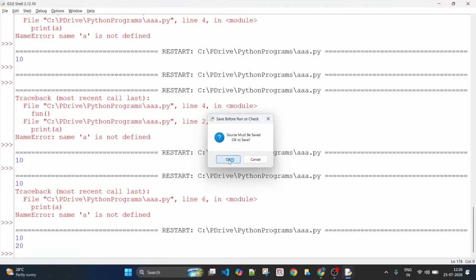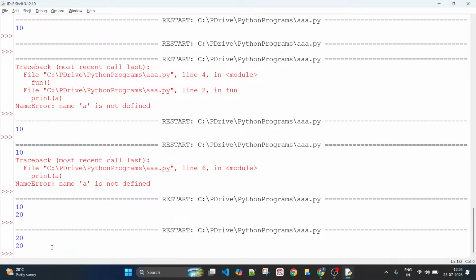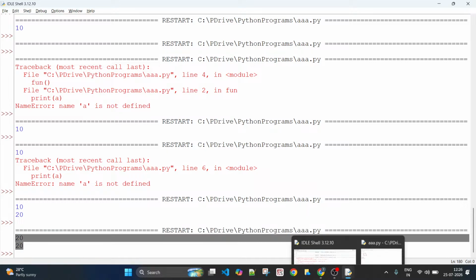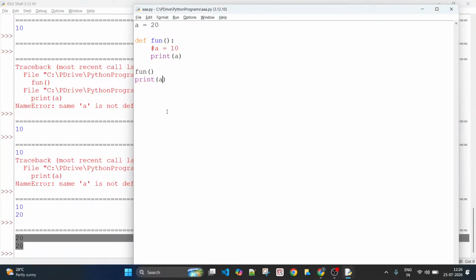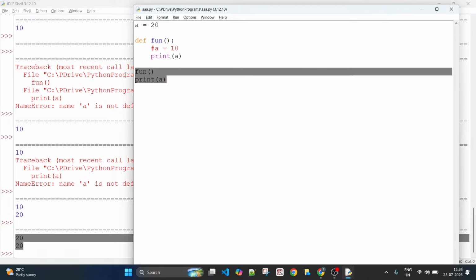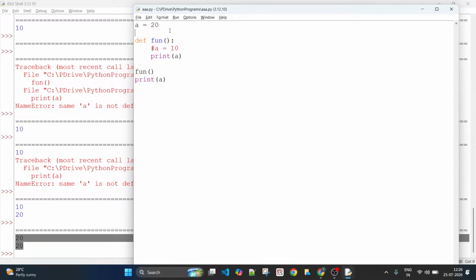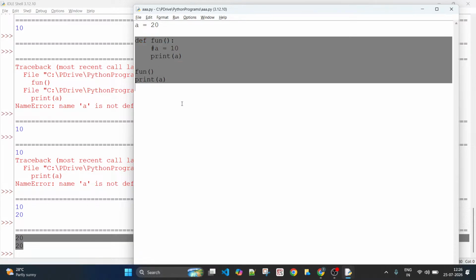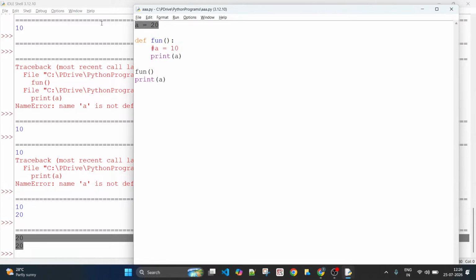So if I'm going to run this program, the first thing is it produces the output 20 20. From where did this 20 20 come, right? So this variable is before these statements. So anything that you have written afterwards can access this variable.